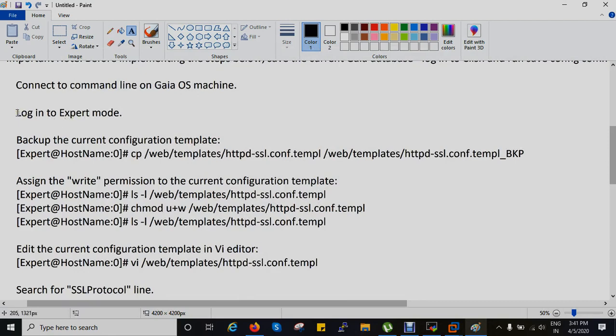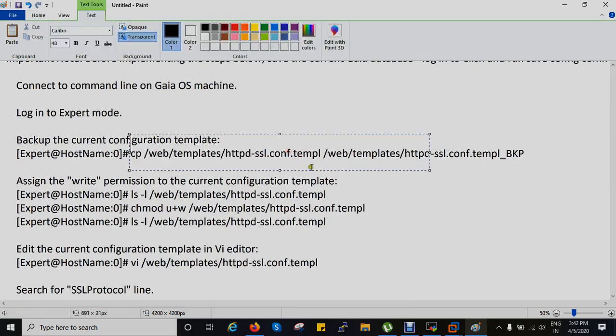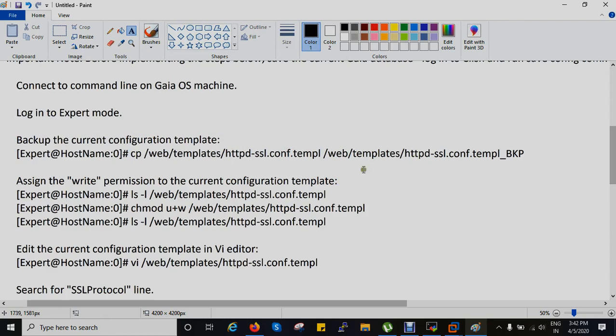Next, we have to log in to expert mode. All the commands will be run in expert mode. Back up the current configuration. The file is the CP web template httpd-ssl.conf file, and we have to take a backup of this file by copying it to another file.